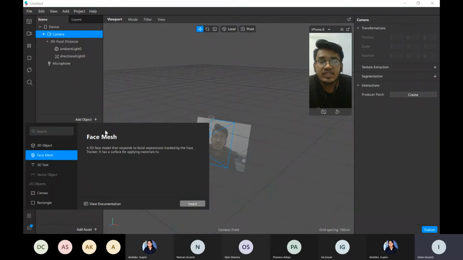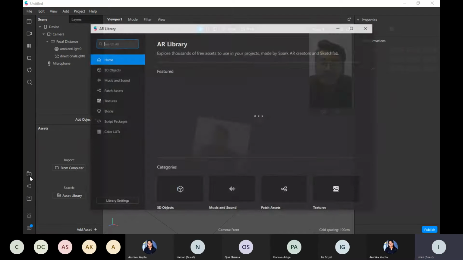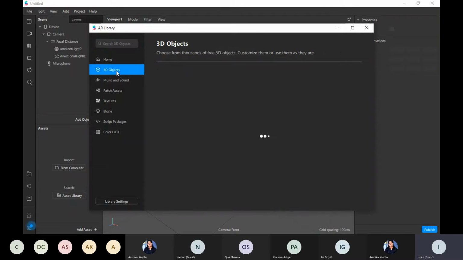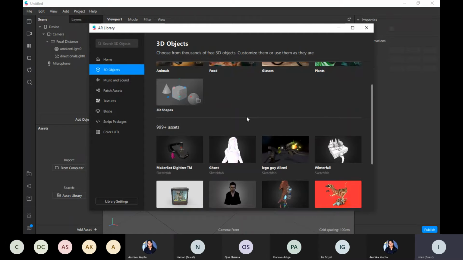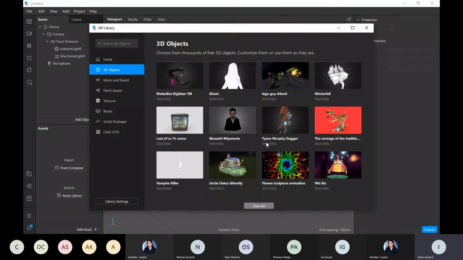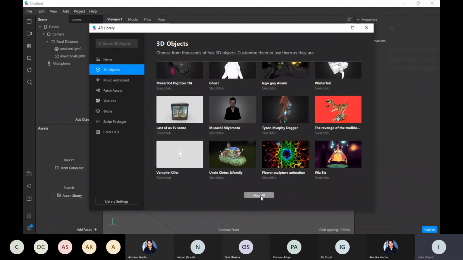When I insert a face mesh, it will cover all my face, and we can perform many things also, like add a mask or something, or add a face tattoo using a different texture. Spark AR also provides some assets library to you, in which you can find some predefined 3D objects like glasses, or so there are too many things which you can use while making your filter.